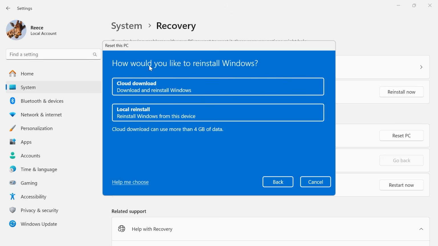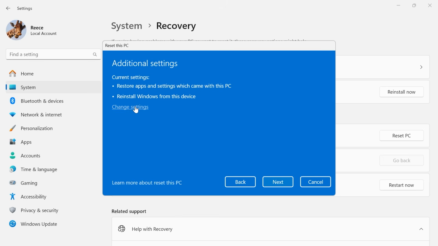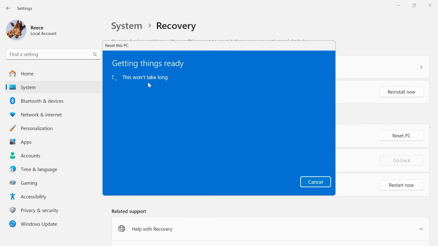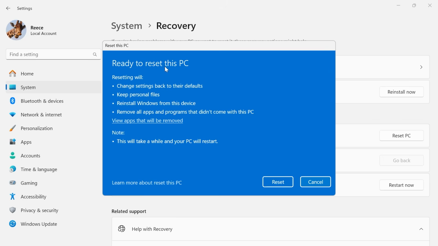So now you'll be asked how you want to reinstall Windows. You can either click Cloud Download or Local Reinstall. I'd recommend selecting Local Reinstall as this is slightly quicker. You can also click on Change Settings, and this will give you a couple more options of resetting your computer. We can then click on Next, give that a couple of moments while it prepares to reset your computer,